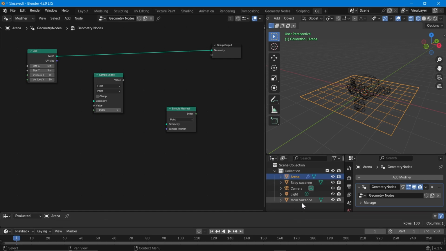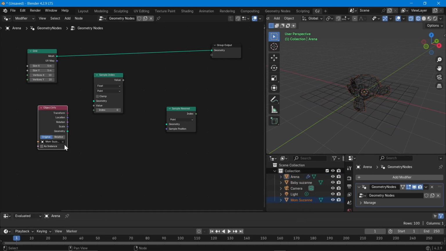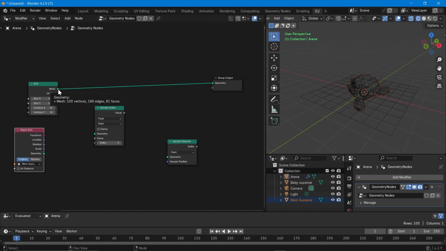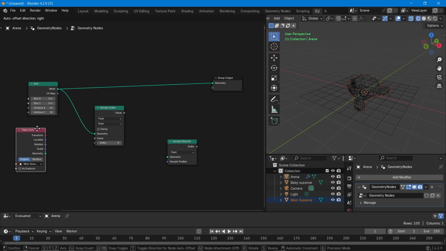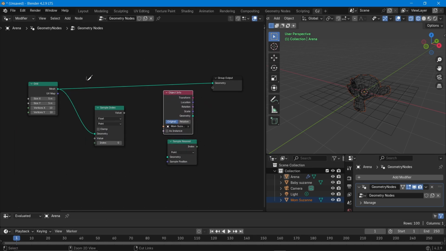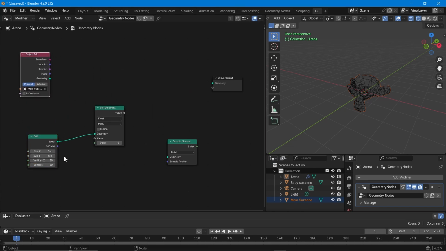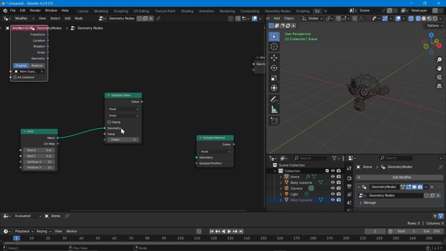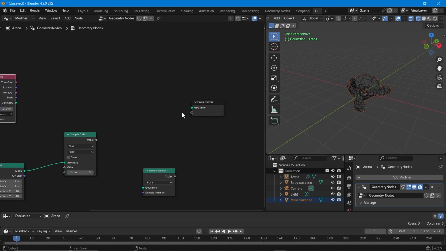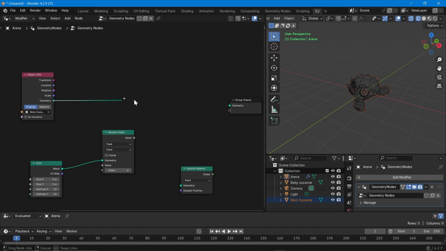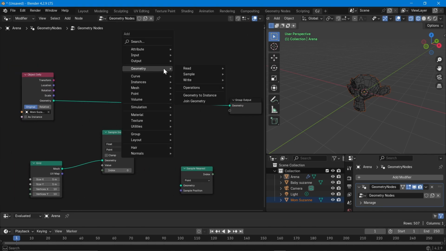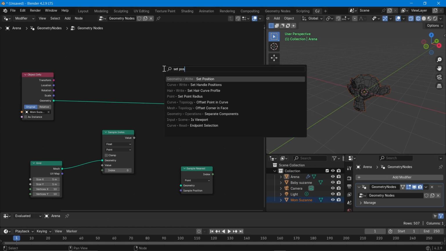Okay, so let's bring in the mom Suzanne. This is the first one we need. We are going to take the grid's information. Okay, let's put it this way. We are going to take the grid information and feed into the set position of the mom Suzanne. Okay, set position,